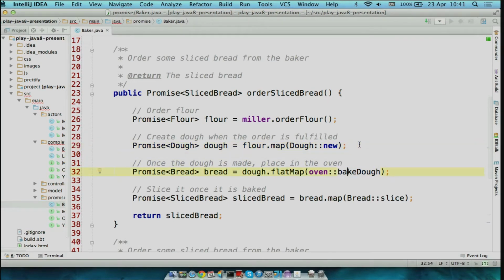And then instead of thenCompose, we've got this flatMap method. So flatMap is like map.